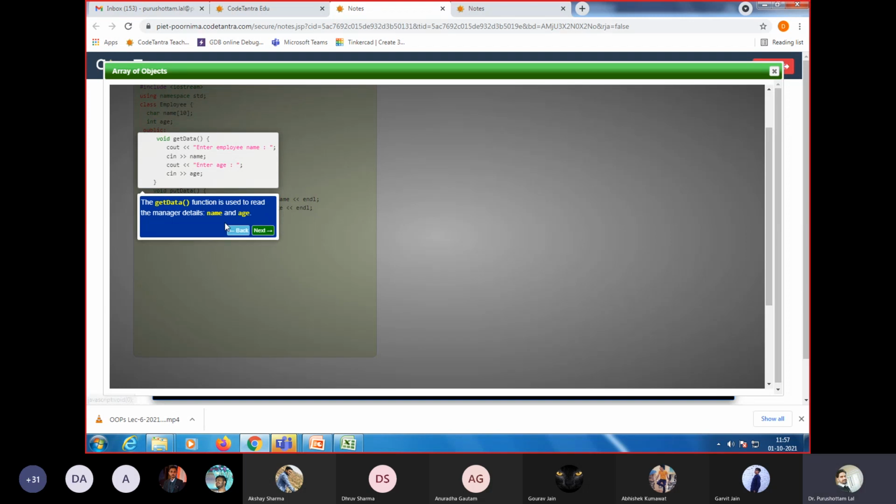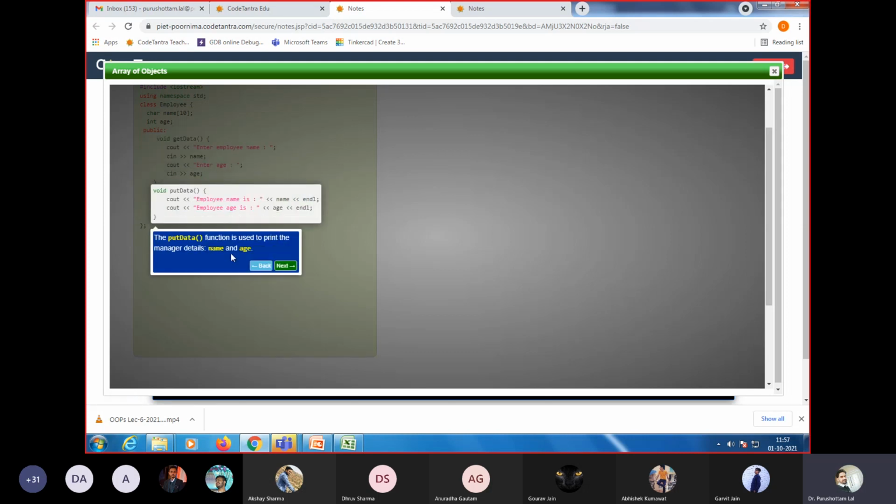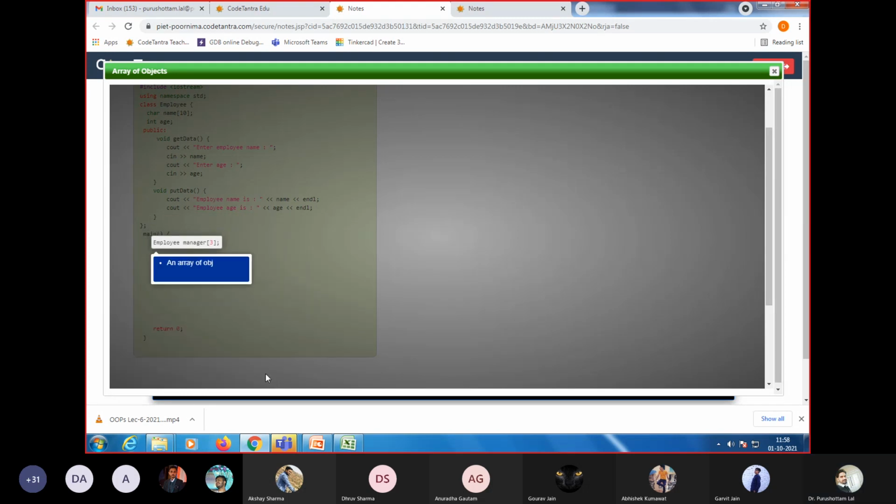Get data is for input the detail in form of name and age for the employee or for the manager, and put data is used to display the detail of manager or print the detail of manager. And here the main function, first we declare an object, or we can say array of object, that is the name of manager with size